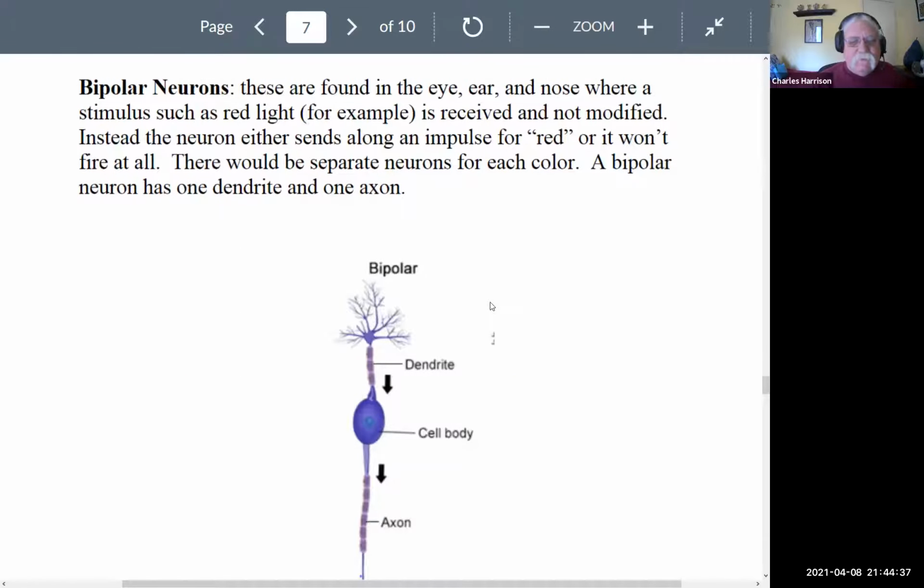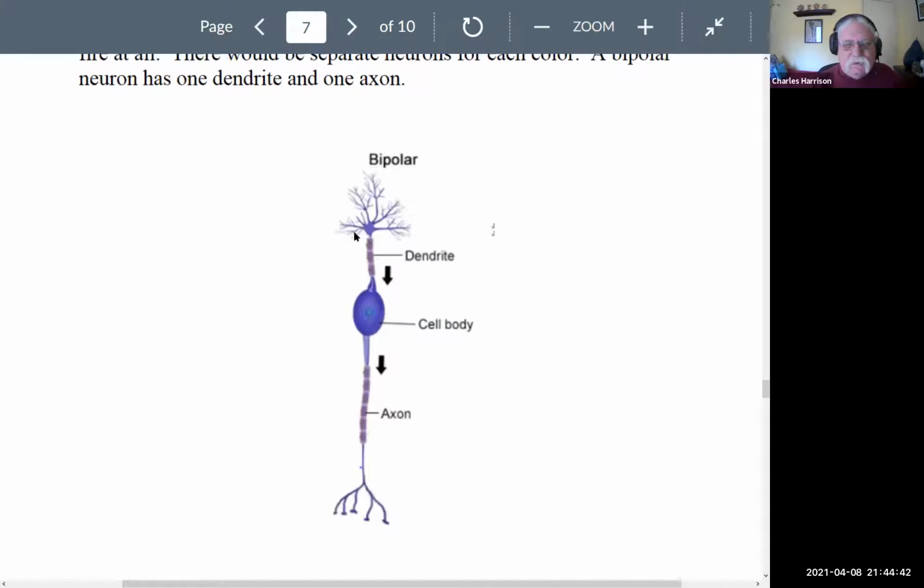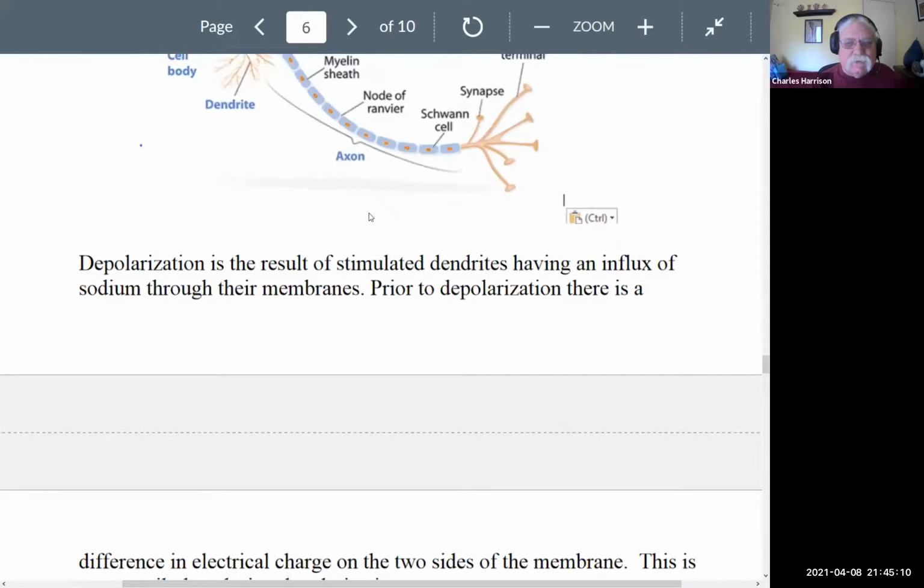Then we have bipolar neurons. The bipolar neuron may have multiple ways in, right up here, the dendrite. They have a lot of ways in, but they all come in through one dendrite, come to the cell body, and then out the axon. Okay. There is no opportunity for a bipolar neuron to change things. In other words, back here,